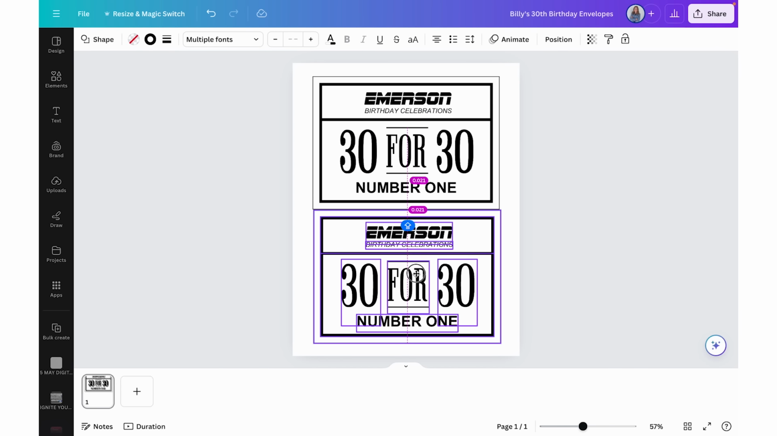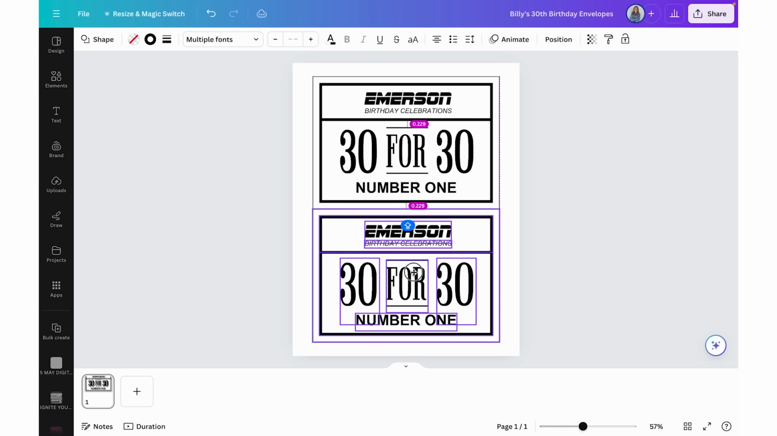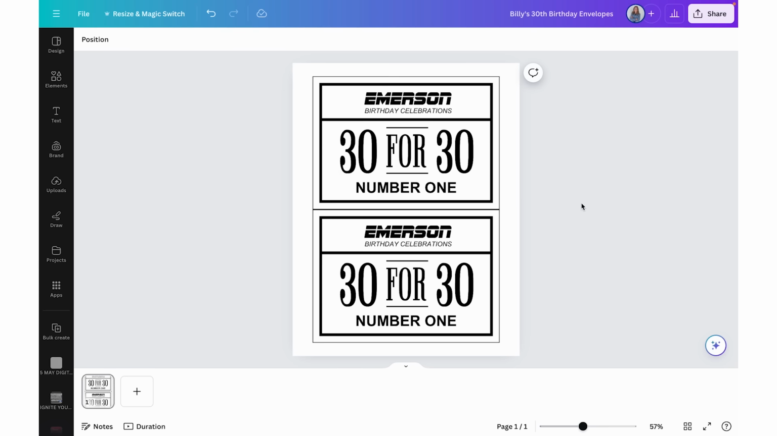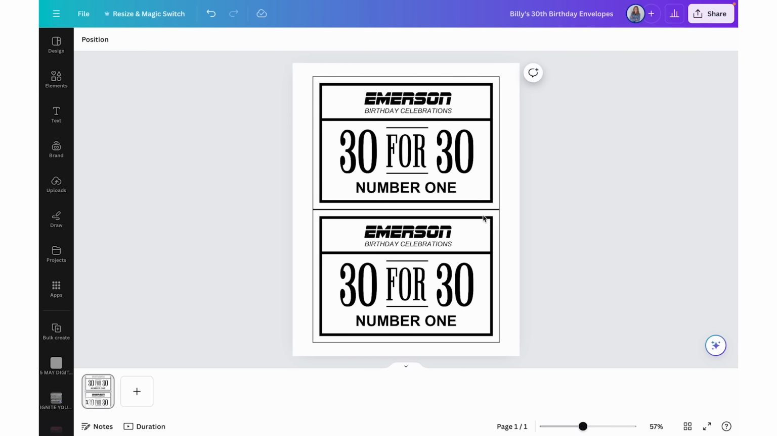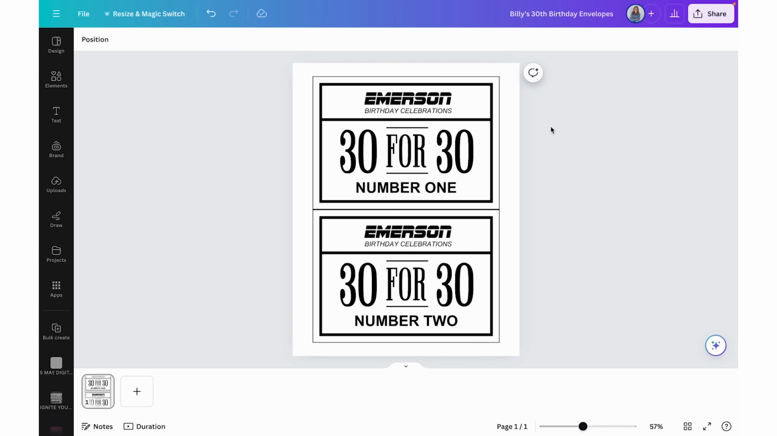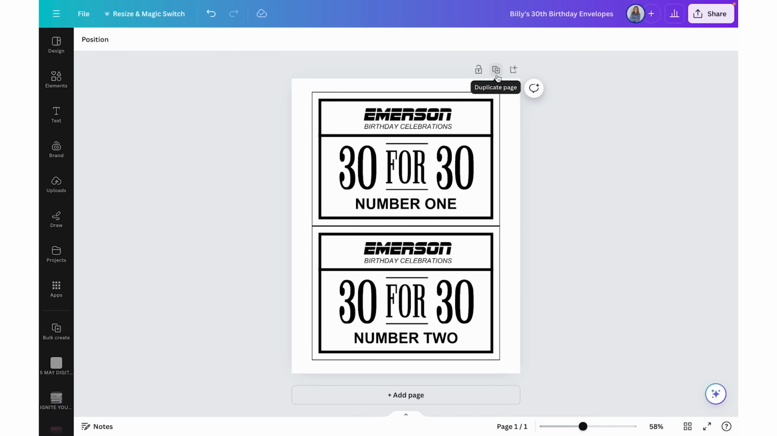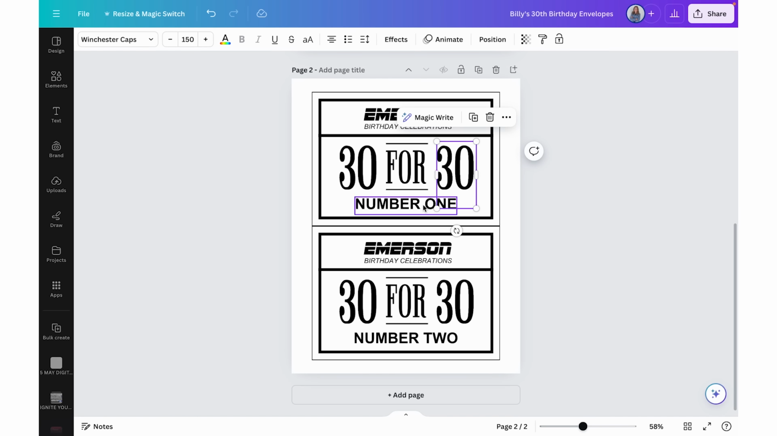Duplicate it. And I can line these up, right? Like have them right next to each other because I'm gonna cut in the middle. I think that looks good, right? Center the whole thing. All right, so now I can just change the number. So instead of number 1, it's gonna be number 2. And then I can just duplicate this page. So duplicate, we've got number 3,